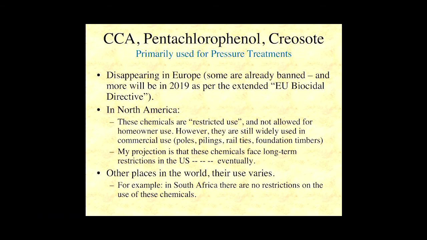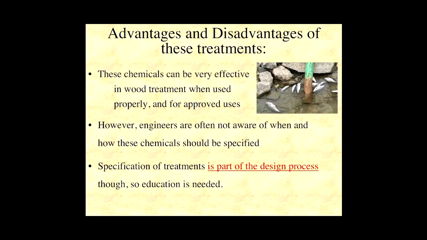CCA is the chromated copper arsenate, and it was banned some 12 years ago. But it wasn't really banned. We think of it as a ban, but it's still being allowed to be used for commercial applications. And they're very good chemicals, and they do a good job, except if you don't know how to use them. And there are a number of people that don't know how to use them. And I was going to say, maybe I should end here. There are newer chemicals, and if you go to the box stores or any retail lumberyard, you will be buying some of these new copper-based chemicals.